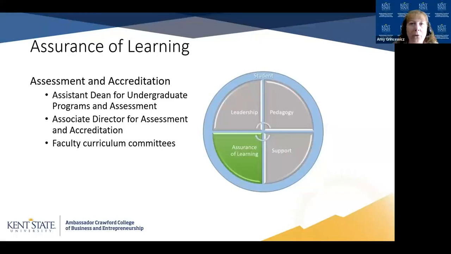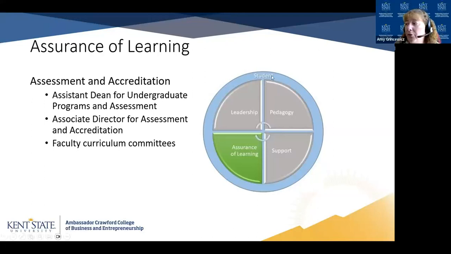And so these are the ones who really do the learning outcomes and all of that, as well as doing faculty curriculum committees. Because nothing that we do and all the curriculum that I'm going to talk about and all the changes we've done, all of that does have to get faculty approval. So the faculty curriculum committees are very important, as well as our faculty advisory committees that were the ones who did approve the standards that we use within the college. So those are our pie wedges.